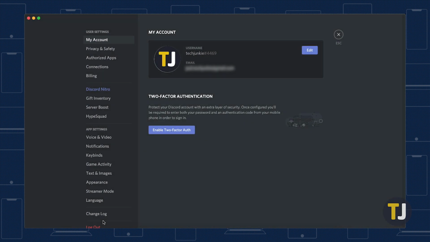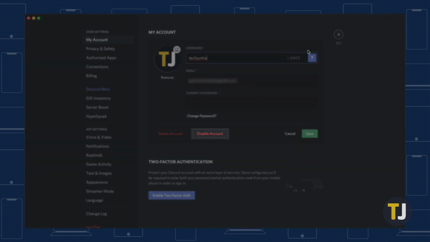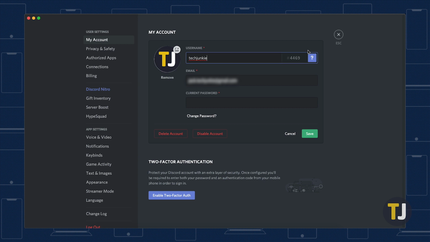In this menu, look for the Edit button next to your account, which will give you two red buttons to pick from. For many people, disabling your account may be the better option of the two, since it gives you the option to recover your account at any time. While your account is disabled, you won't receive notifications from Discord, though you still can receive friend requests once your account is re-enabled. However, since you've come here looking to completely delete your account, you want to select the red